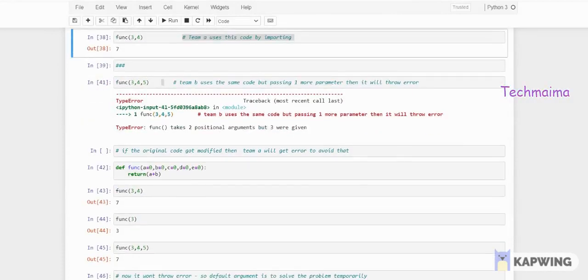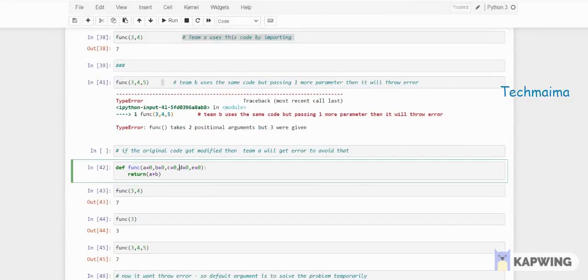While defining the function itself, the first two parameters you can give empty, no need to keep a value like 0. For the others, when you know the maximum range will go up to a, b, c, d, e or c, the first two will be positional, for sure they will give values for the first two. The third value they might take or they might not. So when you are in this confused state, you can give the value as 0. If values are there, then consider the value and print the output. If not, consider it as 0.